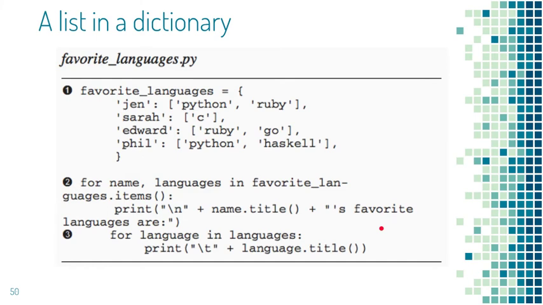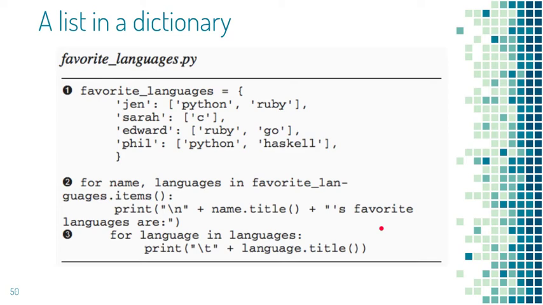You can nest a list inside a dictionary anytime you want more than one value to be associated with a single key in the dictionary. So here's our familiar languages program. If we were to store each person's responses in a list, they could choose more than one favorite language. When we loop through the dictionary, the value associated with each person would be a list of languages rather than a single language. Inside the dictionary's for loop, we use another for loop to run through the list of languages